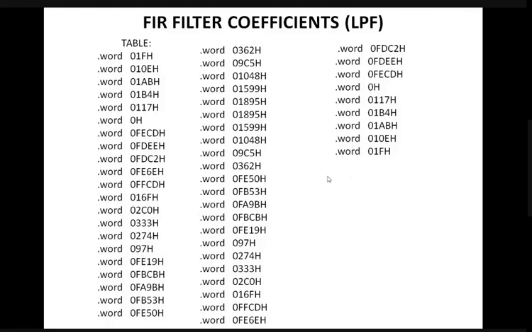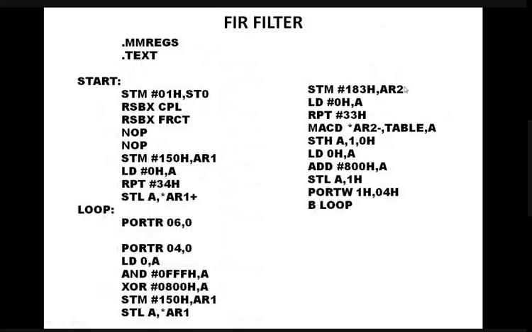Now, the climax and a very interesting story. The moral of today's story is, this is the FIR filter code. This is the FIR low pass filter code. I can say this is the FIR high pass filter code. I can say this is the FIR band pass filter code. I can say this is the FIR band reject filter code. I can say this is the universal FIR filter code. This code can do low pass filtering. The same code can do high pass filtering. The same code can do band pass filtering. The same code can do band stop filtering. Everything, the same code is doing.